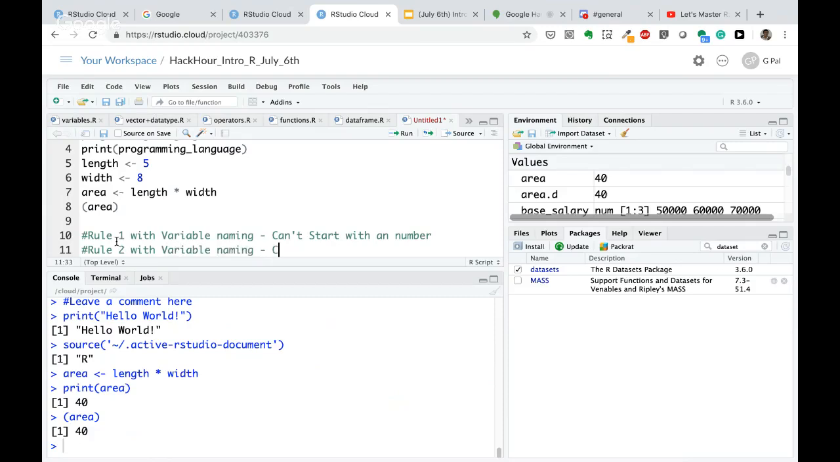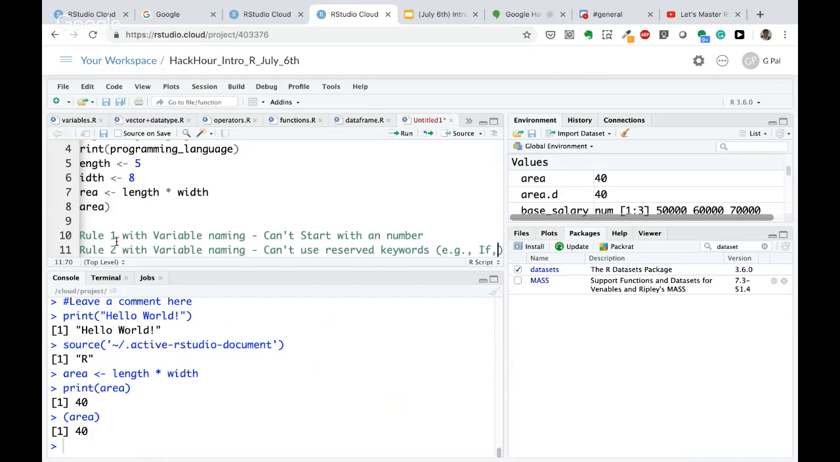You cannot use reserved keywords like if, for, and true, right? There are certain keywords that have been reserved in R, like if, for, true, false, and we're going to explore some of these keywords later on. So you cannot be using these reserved keywords. That's something you want to take into account as well. Chances are you're not going to bump into them. It's very improbable that you would, but it's good to keep that in mind, right? Now these are hard rules, right? You can't start with a number, and you can't use